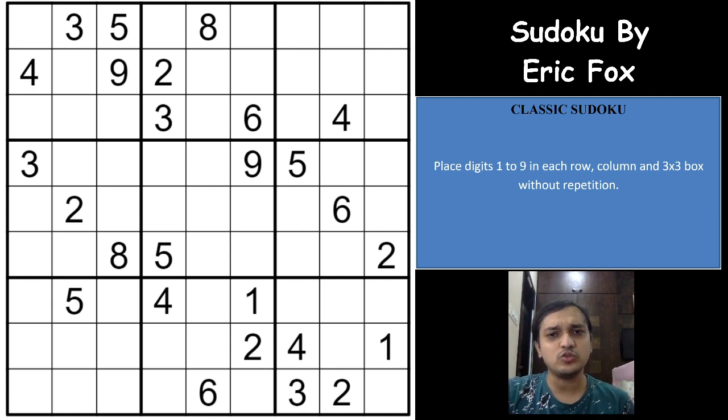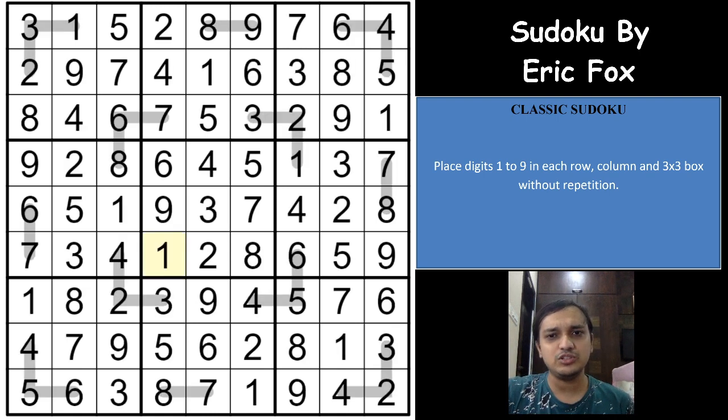Before going to the Sudoku, we would really like to apologize for the error that we had in the last video. The original solution of yesterday's Sudoku is this. Accidentally we placed the 9 in R6 C4 instead of R5 C4, which influenced the solve a bit. We regret the error, and we apologize to all our viewers who had to face the problem. This is the original solution of the Sudoku that we had published yesterday, and you can just have a look at it.